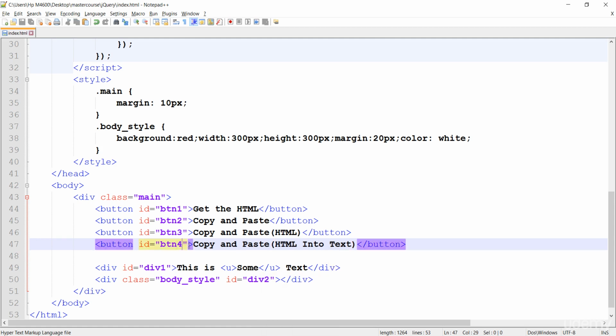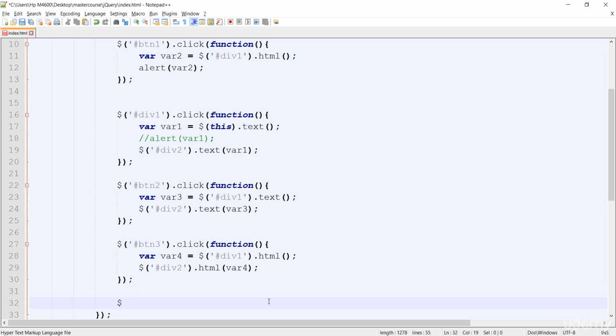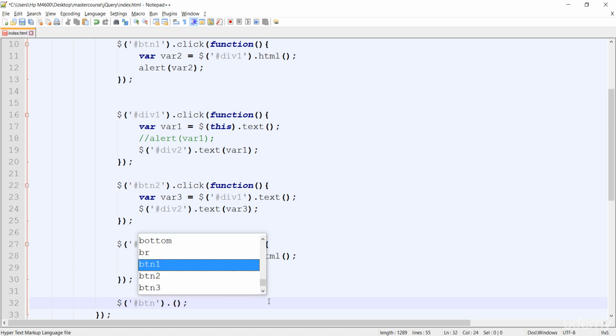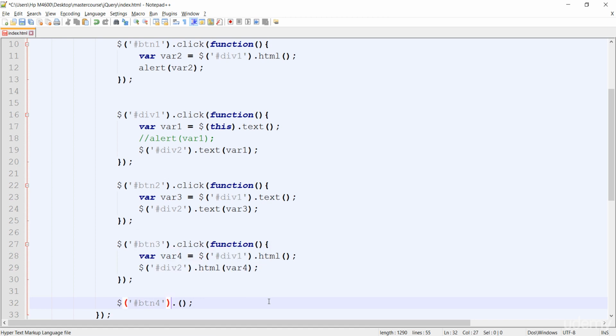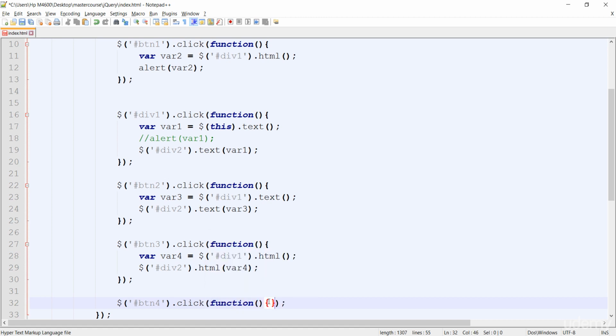Now save, and then I'm making it the button 4, and I'm going to the top here, and again making another new snippet of the jQuery code. Yes, and I'm going here, the btn 4 dot click, and then the function, and here the